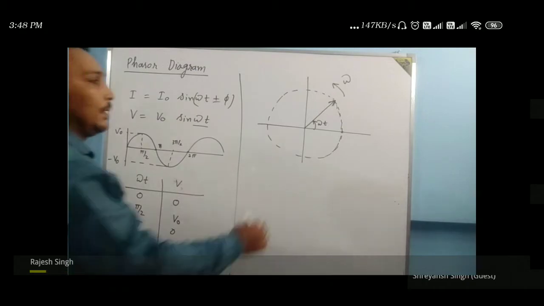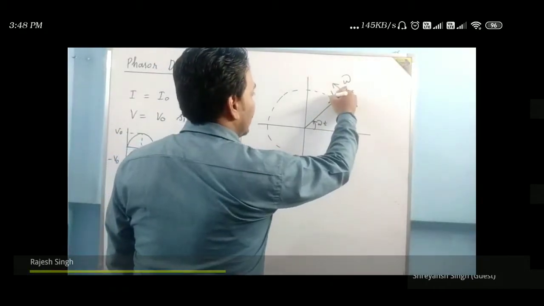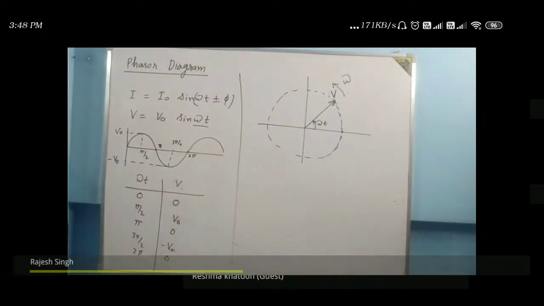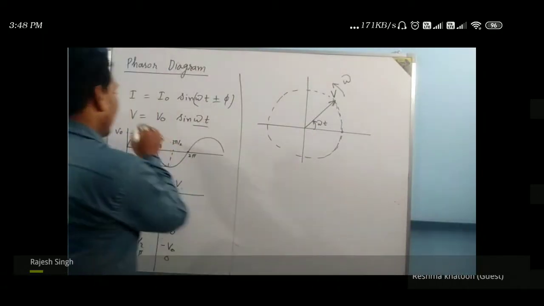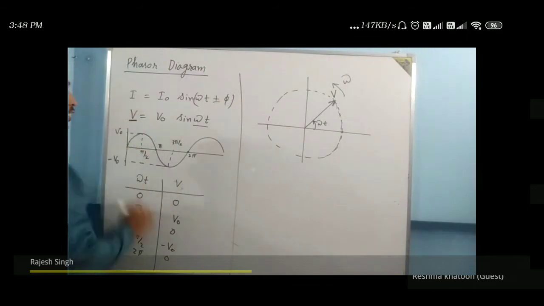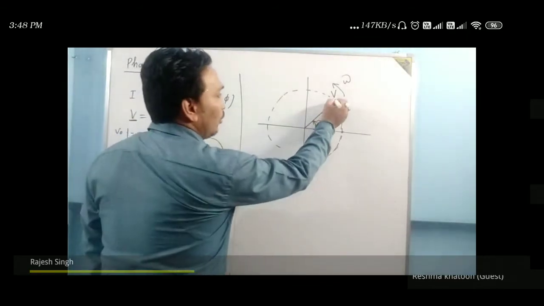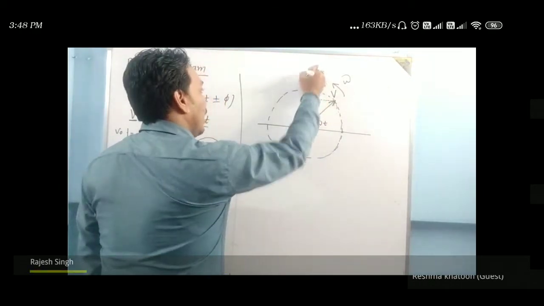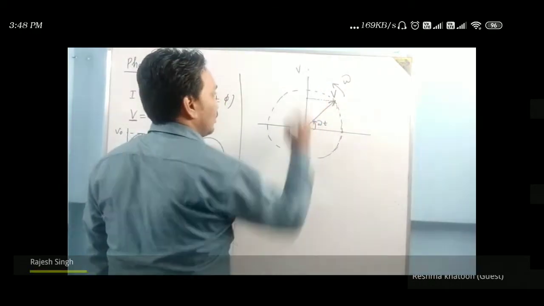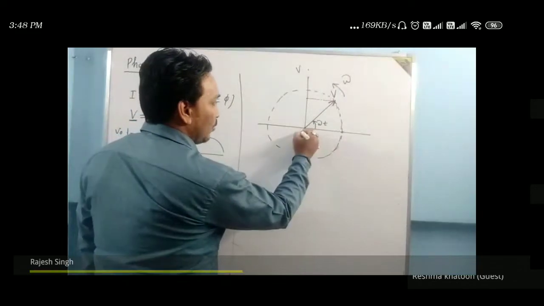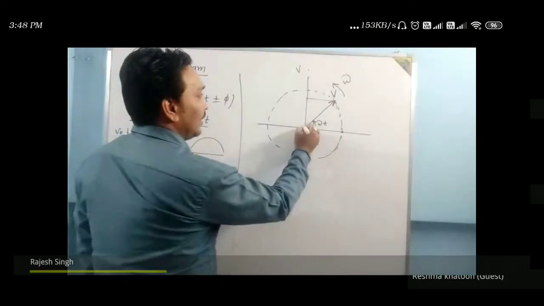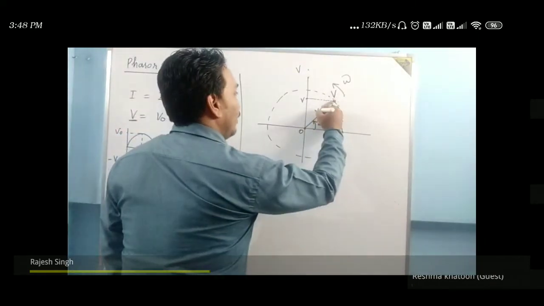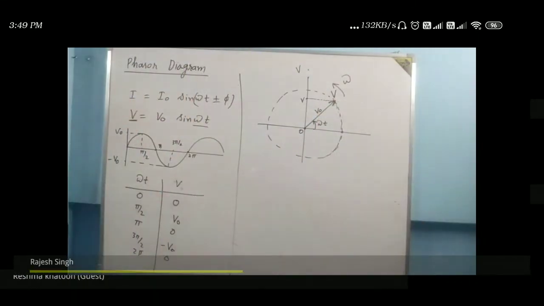Now, this is what we say is voltage. Just see how the instantaneous value of voltage is defined. We draw a perpendicular from the arrow to the y-axis. On the y-axis, we have taken voltage. At this point, the voltage is 0. At this point, a certain voltage V is there. The length of the arrow I have taken as V0.